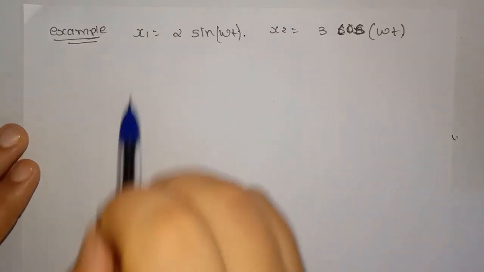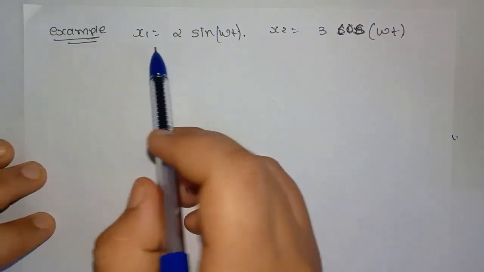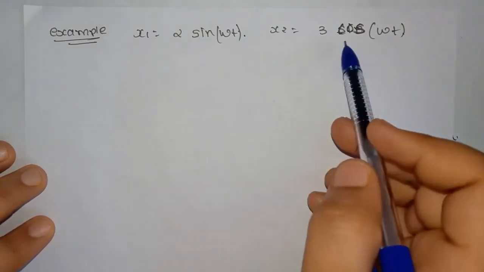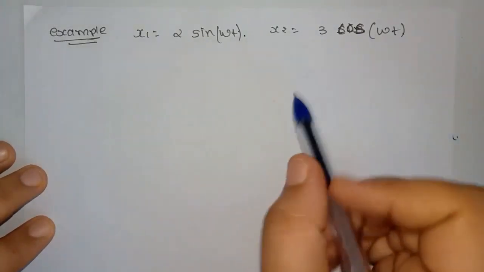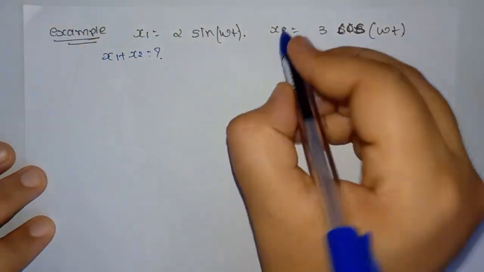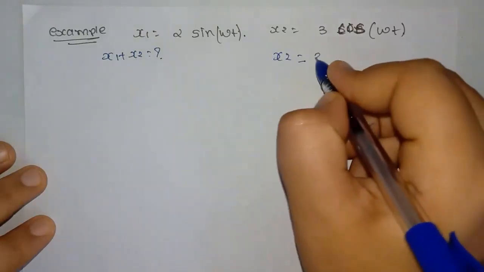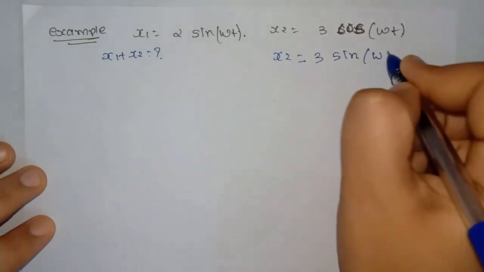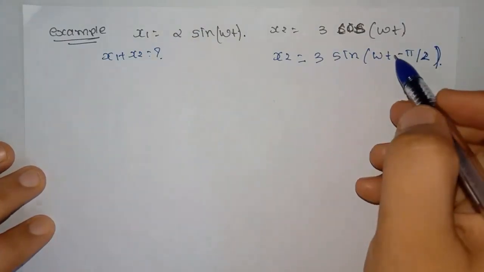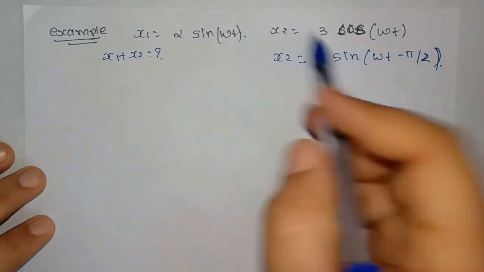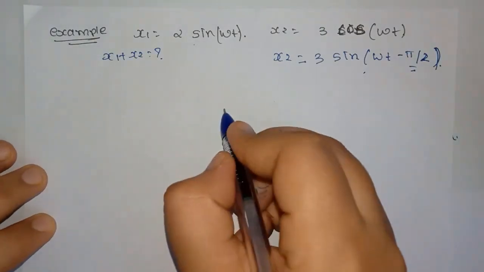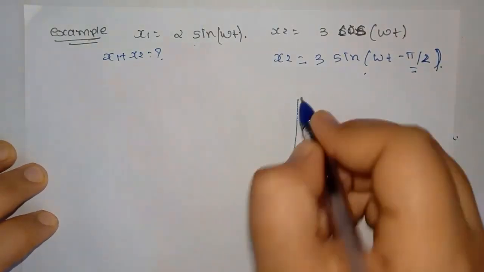In this example, two SHMs are given. x1 is equal to 2 sin ωt and x2 is equal to 3 cos ωt. We want to find the resultant of x1 plus x2. Here x2 can be written as 3 sin(ωt + π/2) because that will be cos ωt. So the angle between x1 and x2 is π/2. If we draw the phasor diagram,